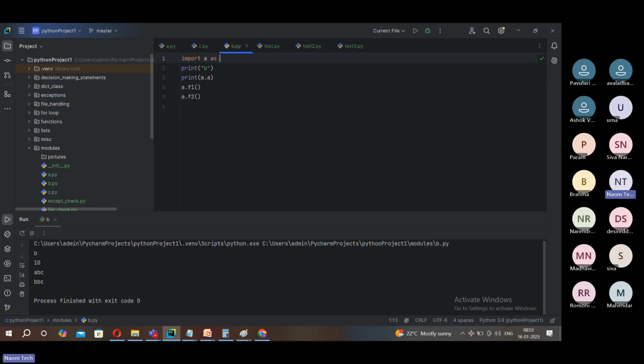Suppose instead of A, I just say some M1. Then I can call members of this module A by saying M1 dot A. Similarly,